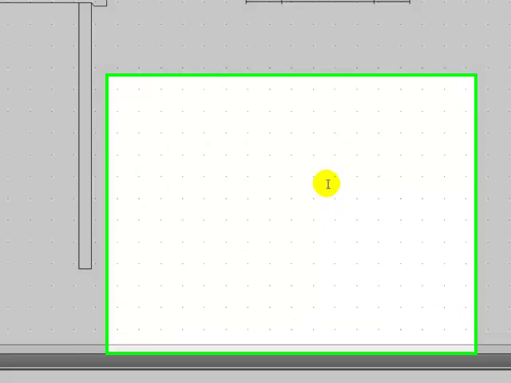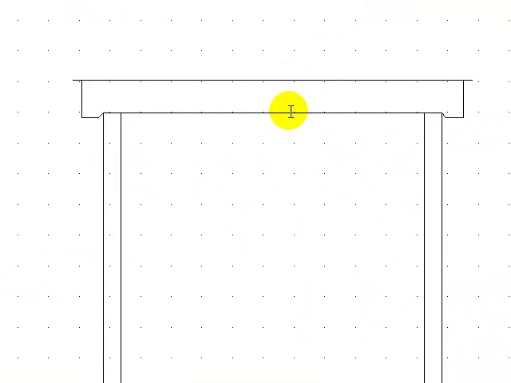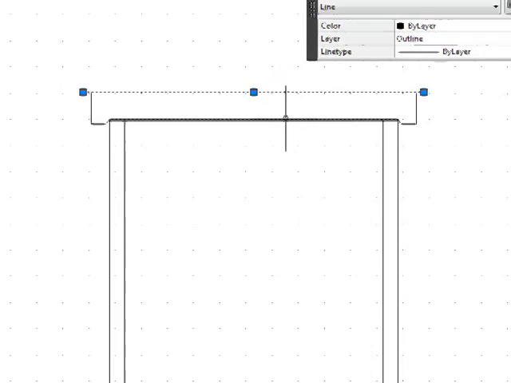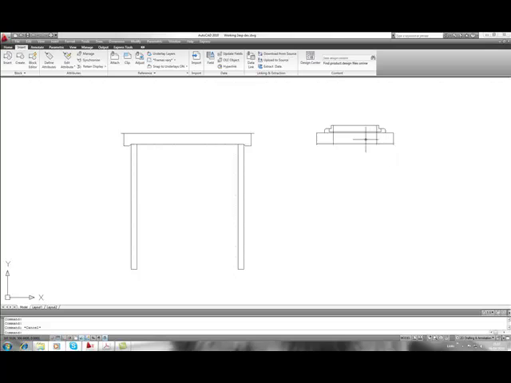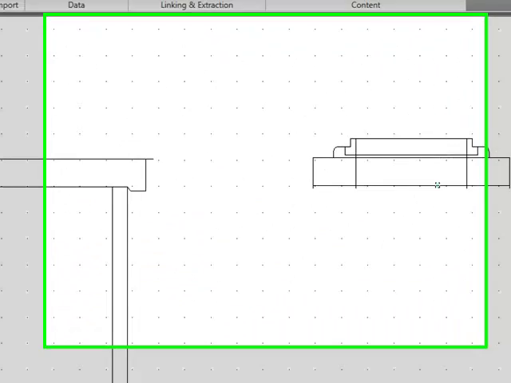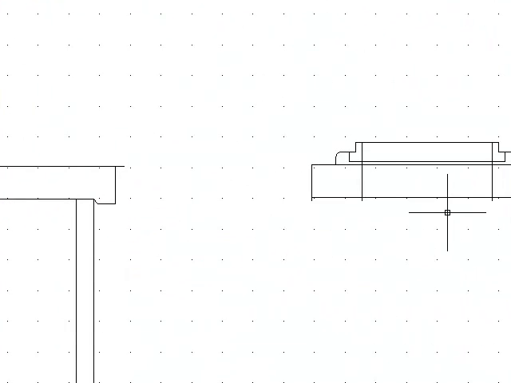We use blocks in AutoCAD when we have features that we wish to reuse several times in a drawing. Here I have two features which I wish to use for that purpose. As you can see at the moment, they are made up of individual components. Once they are made into blocks, they will be composite components. To begin with, I will type block